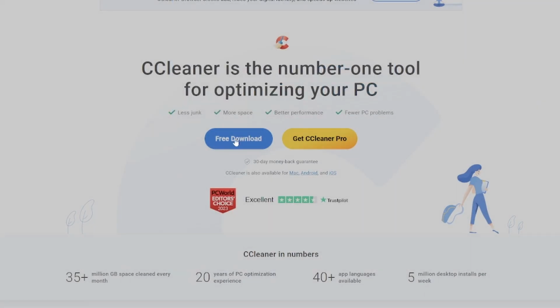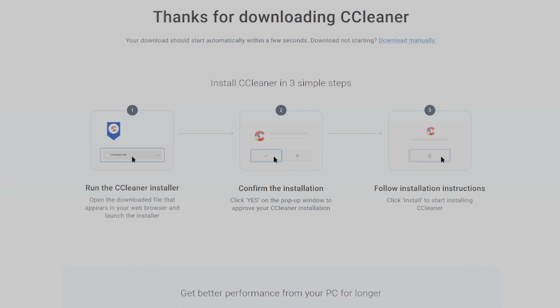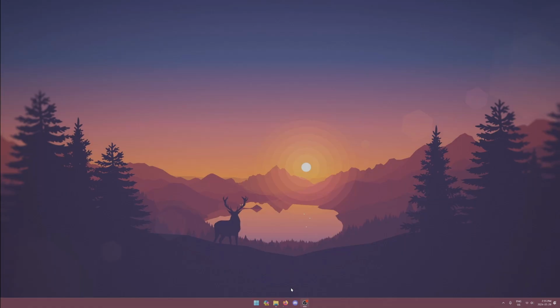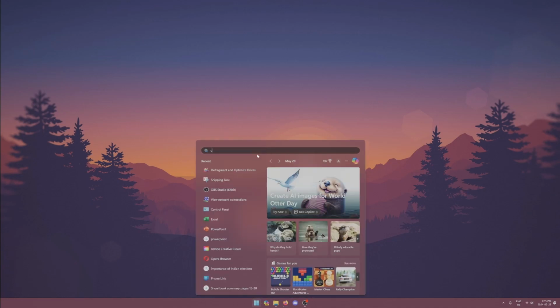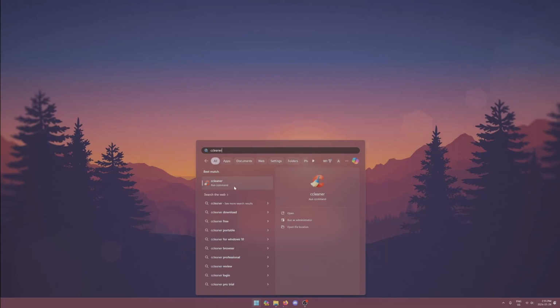There's really no benefit except for maybe automatic driver updates, that kind of thing. But for this video, the free download version is just completely fine. So go ahead and download this. I already have it downloaded, so I don't really need to go through the process. Next, you're going to want to go to Windows button, type in CCleaner that you just downloaded, and click on